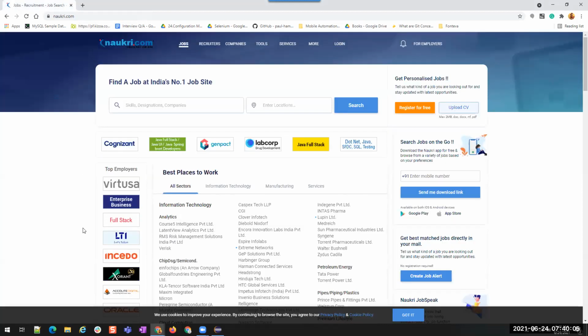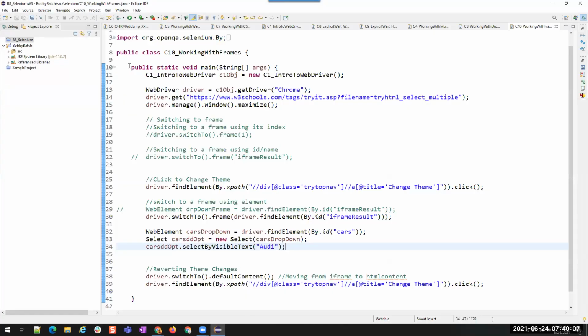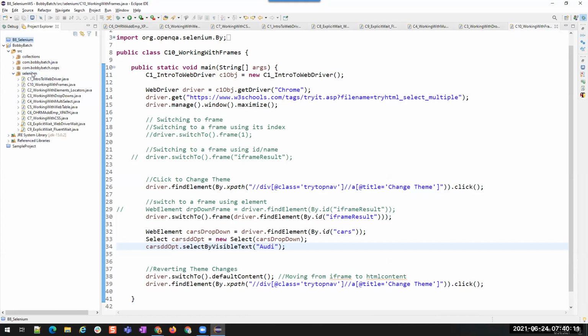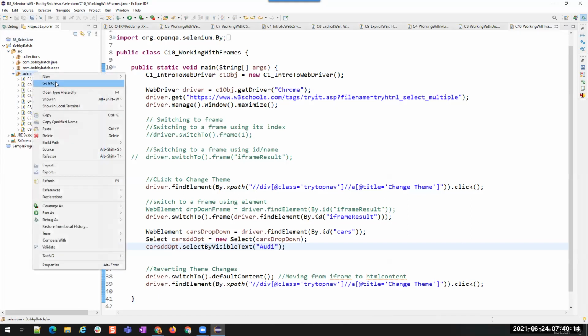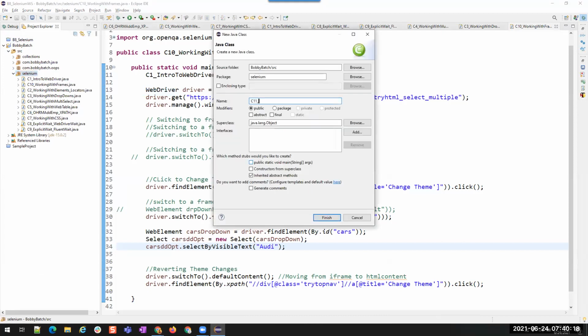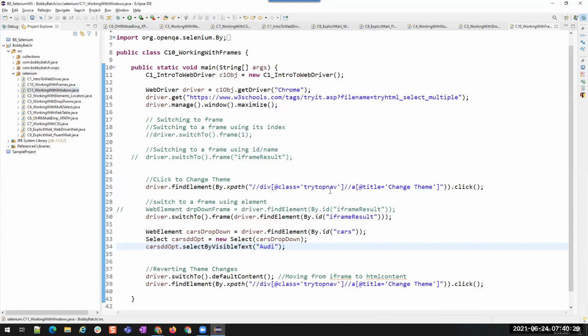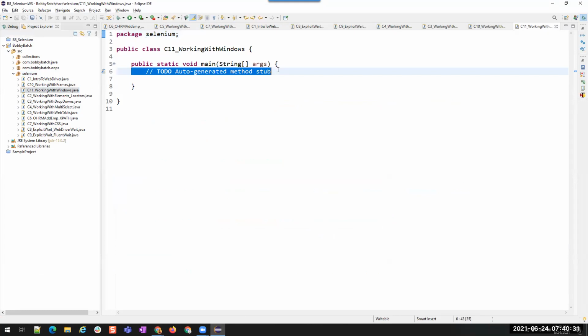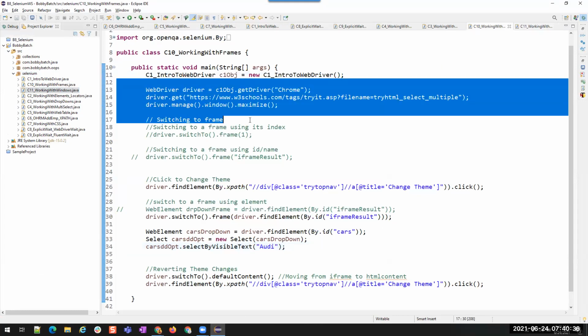So now let us see how we do that, working with windows. I'll create a new class called Working with Windows. I'm going to copy the basic common things.